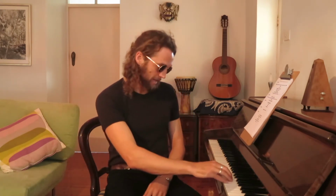What are the things you want to look for? We definitely want to go and test it out before you buy it. Don't pay for it unless you've actually gone and played it. And what do you want to look for when you play it? You want to look for touch sensitivity. So you want to feel that when you play the piano harder, it sounds louder. So that's really important